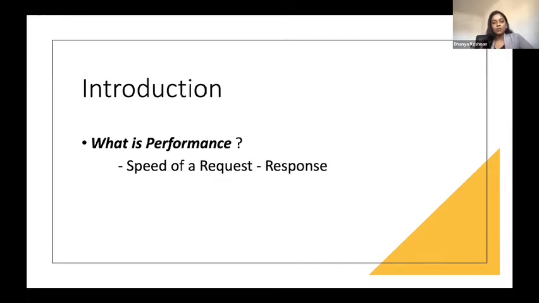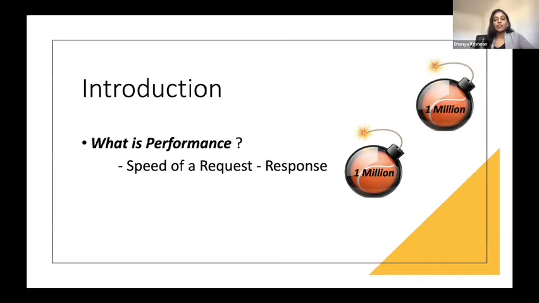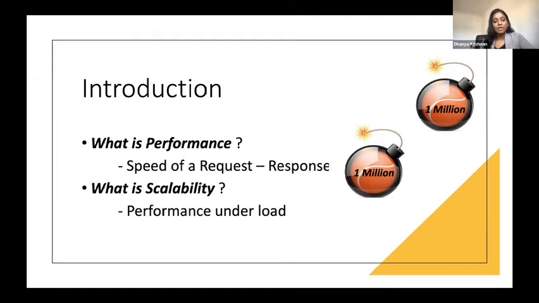You're happy because your user base is increasing. After some time, you notice that you're getting maybe around 1 million requests per minute. So you notice that your system is still performing, but a little bit slow. Your system is getting slower, but then you're gaining more and more popularity. Your load increases, so your system either starts to get slower or your system fails. So what does it mean here? What is happening? Here we come to the term of scalability.